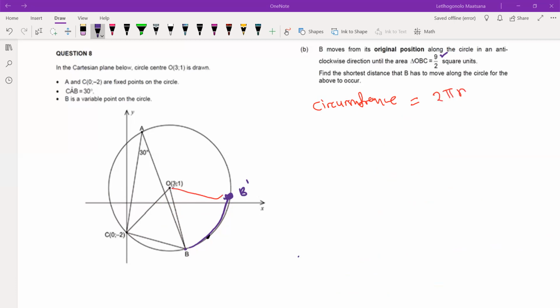We're looking for a particular ratio, only that part there. So we would multiply it with the ratio of the circle that we are interested in. So we have 2 pi, the square root of 18, multiplied by 90 over 360. And that would give us